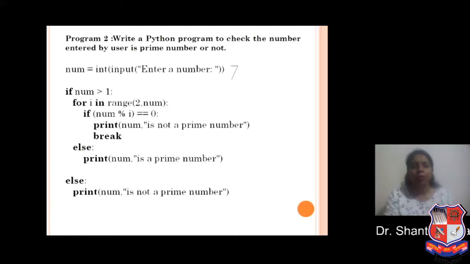In the first step, we check 7 modulo i, where the first i value is 2 as the range starts from 2. So if 7 modulo 2 is equal to 0, it prints that the number is not a prime number and breaks the program.